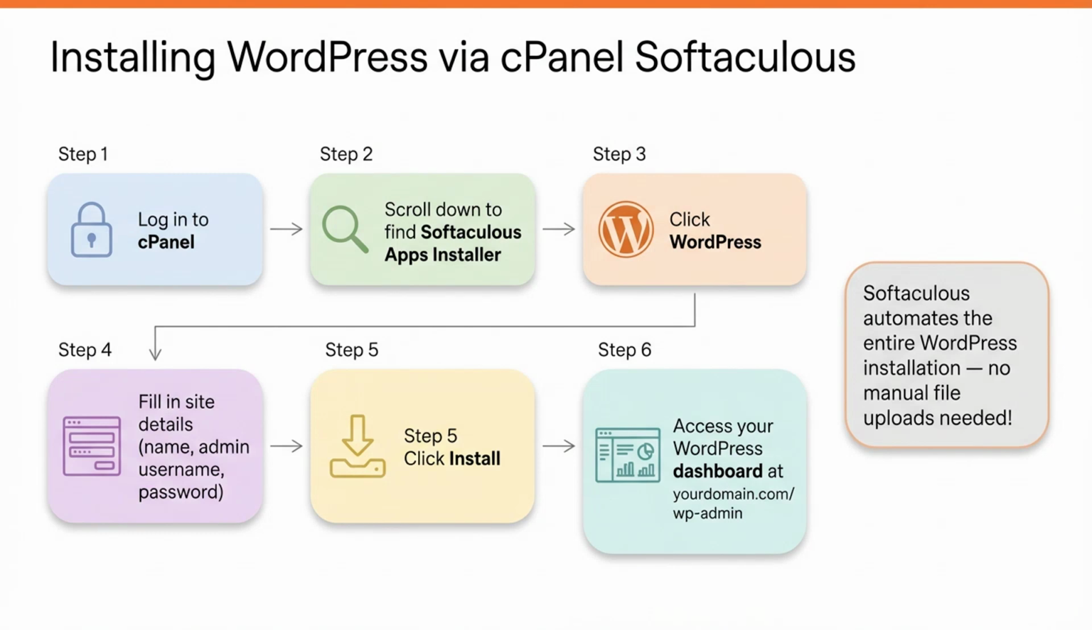Once your domain and hosting are connected, installing WordPress is straightforward using Softaculous inside cPanel. Log into cPanel, scroll down to find the Softaculous apps installer section, click on WordPress, fill in your site name and admin credentials, and hit install. Softaculous handles everything automatically. No manual file uploads, no database setup by hand. Within minutes, your WordPress site is live, and you can log in at